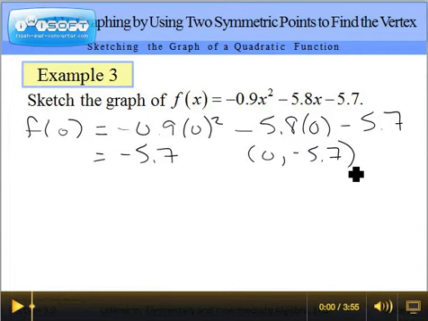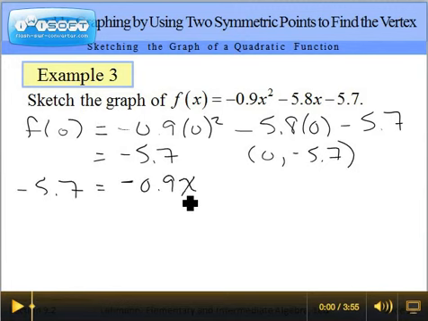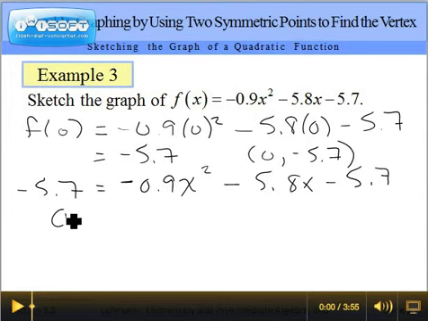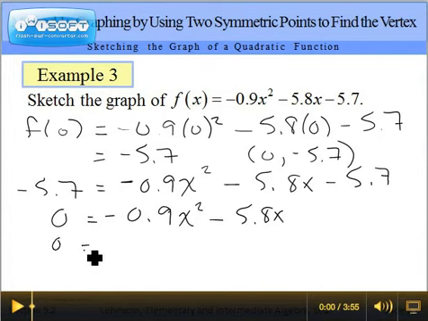Next we find the symmetric point of the y-intercept. So we substitute negative 5.7 for f of x and solve for x. So I take negative 5.7 and set it equal to negative 0.9x squared minus 5.8x minus 5.7. I will add 5.7 to both sides so that I get 0 equals negative 0.9x squared minus 5.8x. Then I will factor an x out. So I'll factor negative x out, so I end up with negative x times 0.9x plus